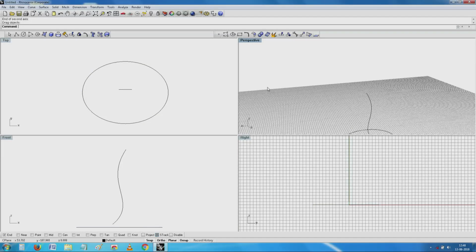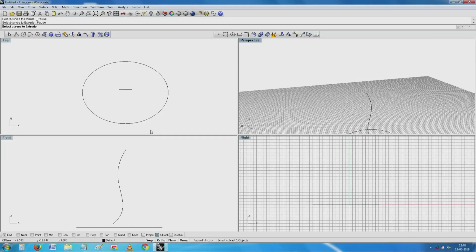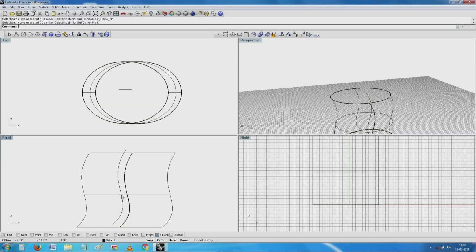See here, I have this nice snake-like object. So I need to make a surface, usually by extrusion. Curves to extrude, and then curve.